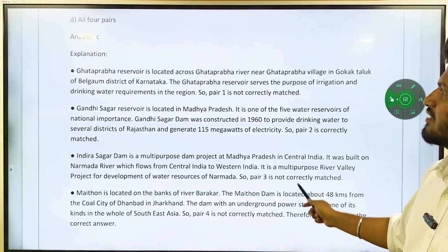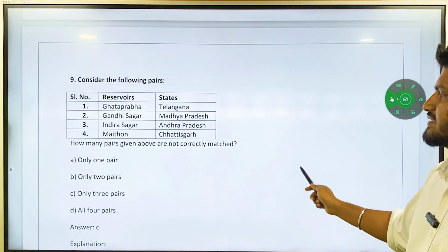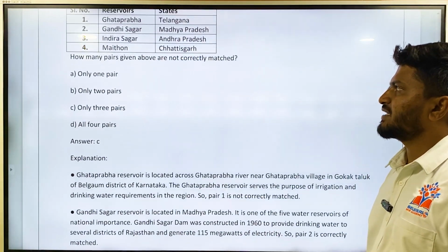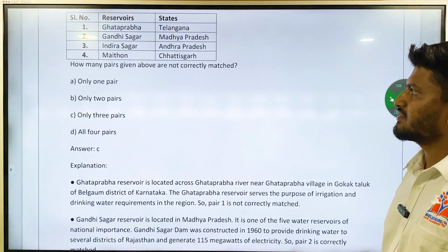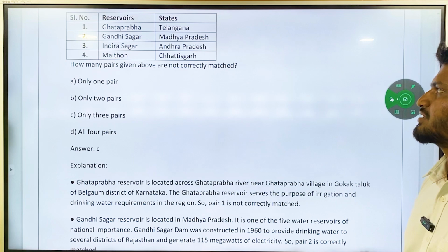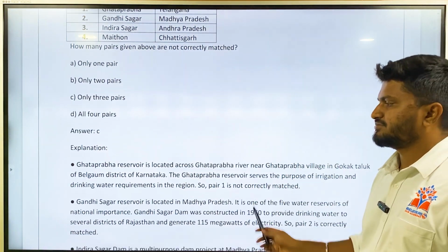So only the second option is correctly matched. Here it is asking about not correctly matched. Only Gandhi Sagar, Madhya Pradesh is correctly matched. Ghataprabha, Indira Sagar, Maithon are not correctly matched. Maithon is in Jharkhand, Indira Sagar is in Madhya Pradesh, Ghataprabha is in Karnataka. Then